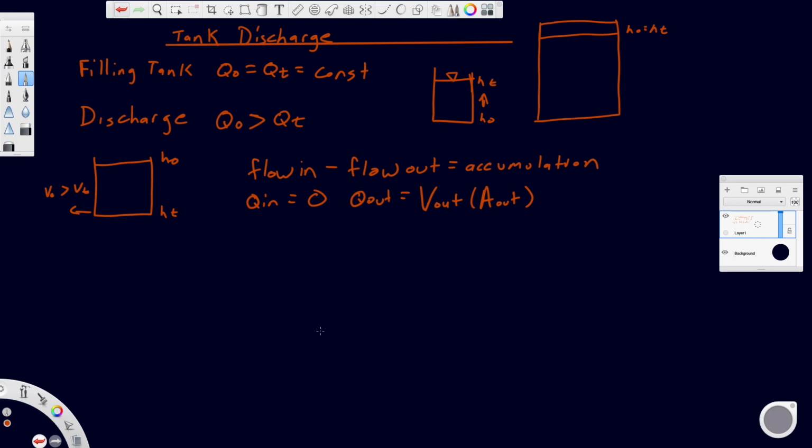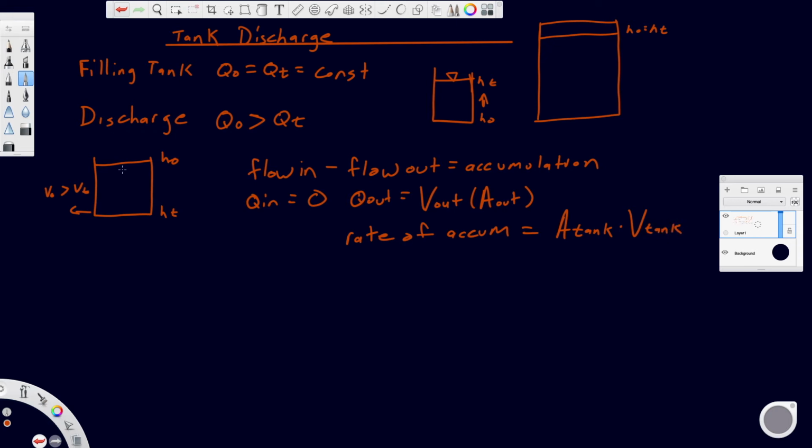And this obviously is no different. And even our rate of accumulation, this is going to be the area of the tank